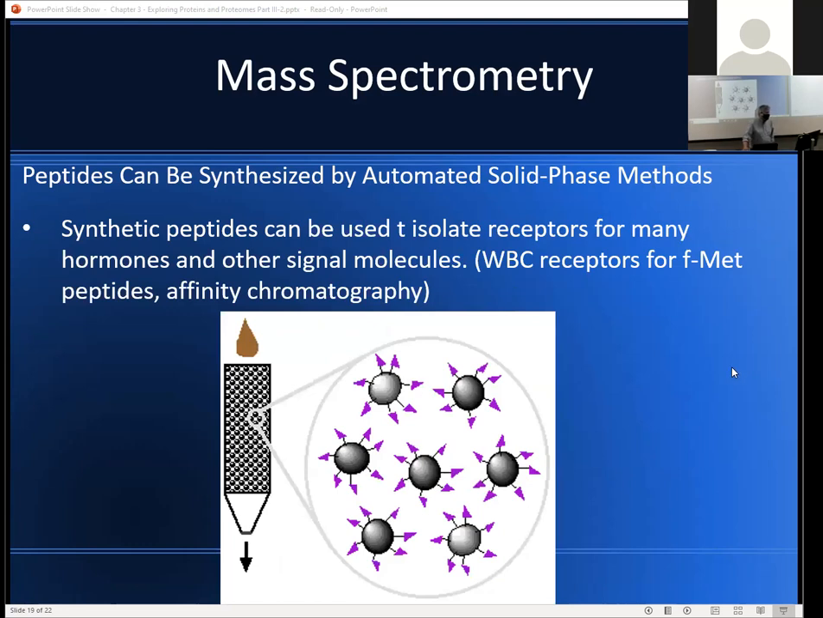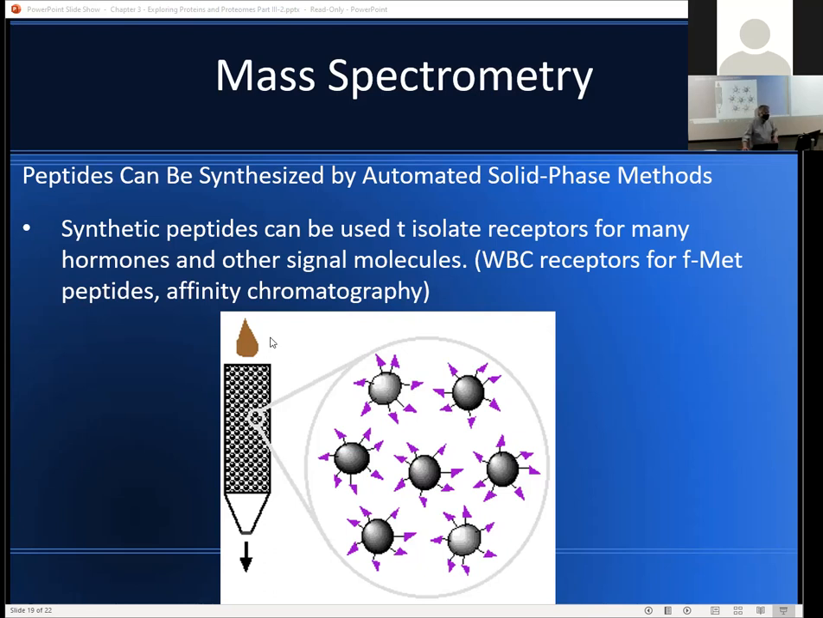Another use for synthetic peptides is to isolate receptors for many hormones and other signals. So we can essentially use these peptides to do affinity chromatography. If we're trying to isolate another protein that binds a specific protein sequence, we can have that sequence synthesized into a synthetic peptide, then conjugate those synthetic peptides onto, say, Sepharose beads, some sort of a solid phase that we can use in chromatography, and then we can isolate